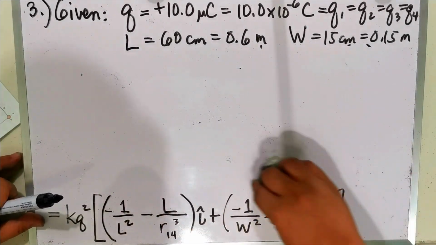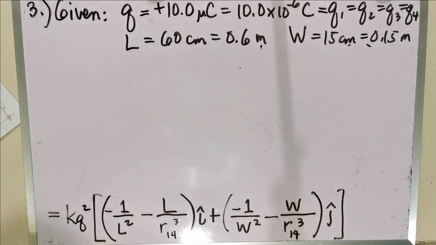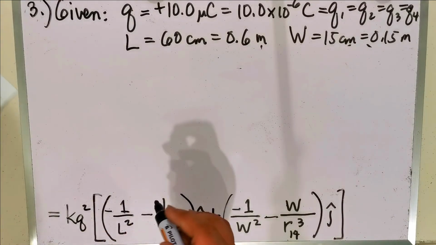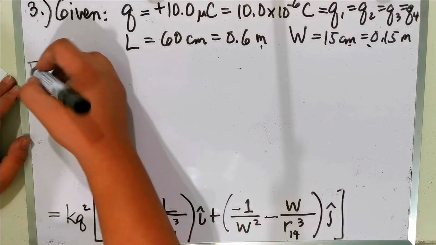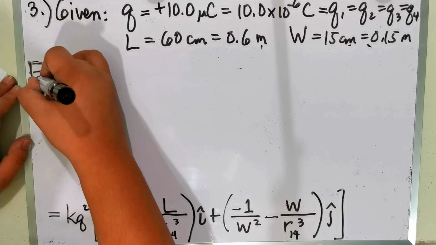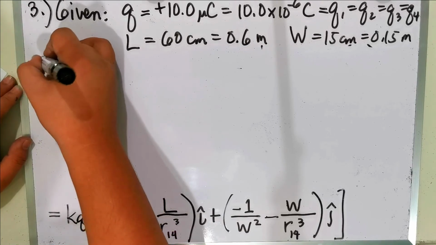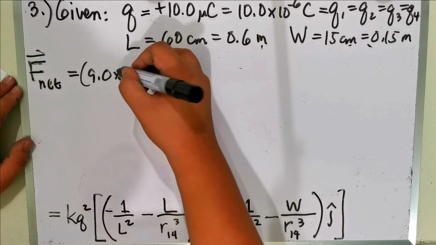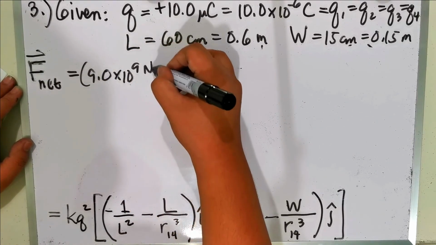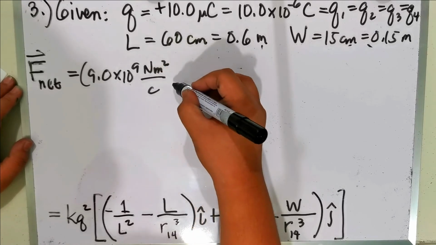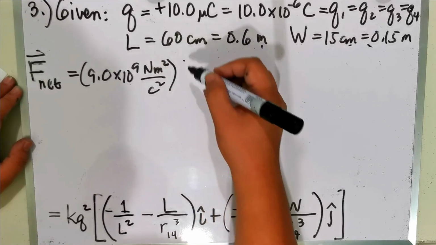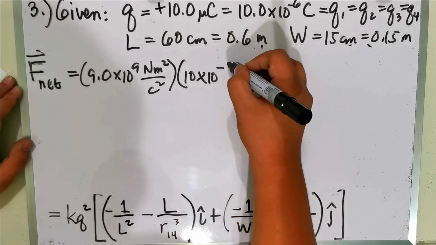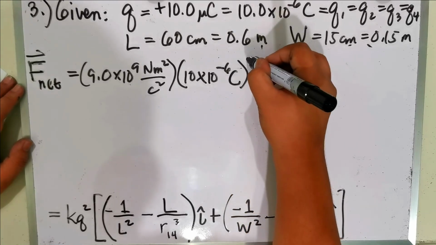So, remember, we cannot simply add these two terms because these are not the same unit vectors. So, from that point, the net force would be equal to K, which is 9.0 times 10 to the 9 Newton meters squared per Coulomb squared, times Q squared, which is 10 times 10 to the negative 6 Coulomb squared,